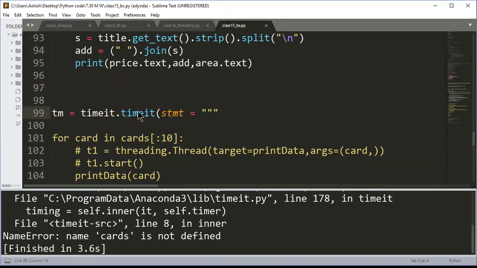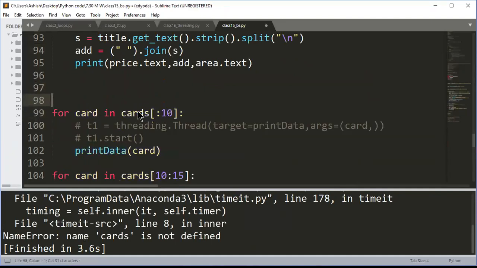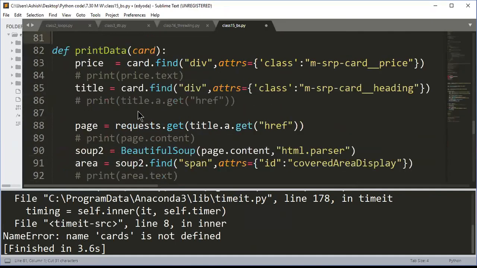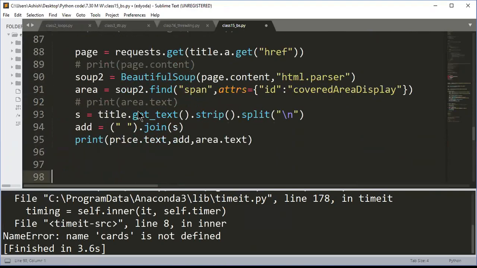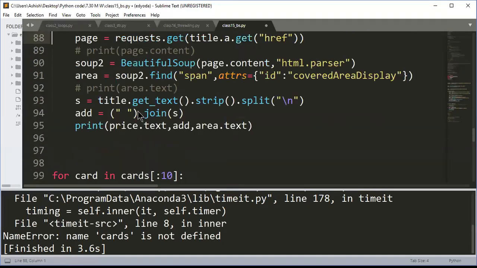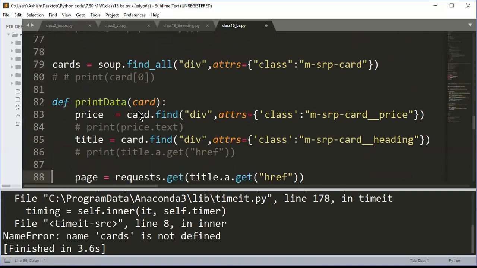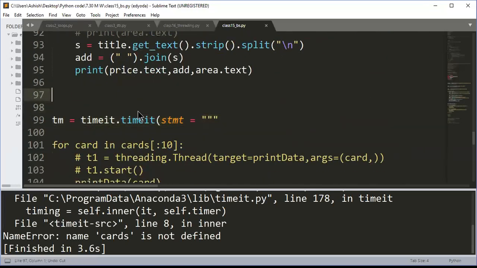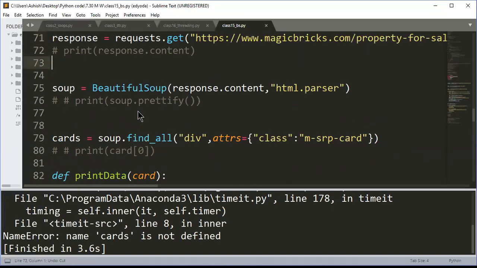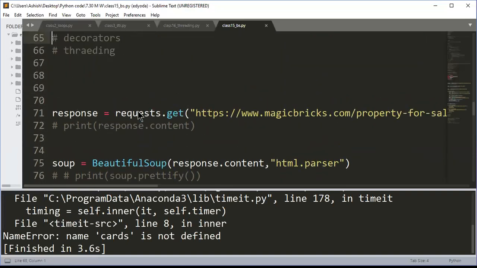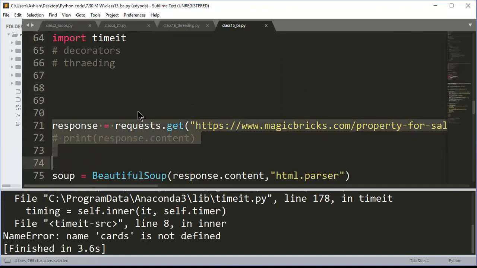Cards not defined. From where are we getting these cards? Right. Okay. So what I'm doing is, but then it will give me a problem in a response. So I need all these things to be